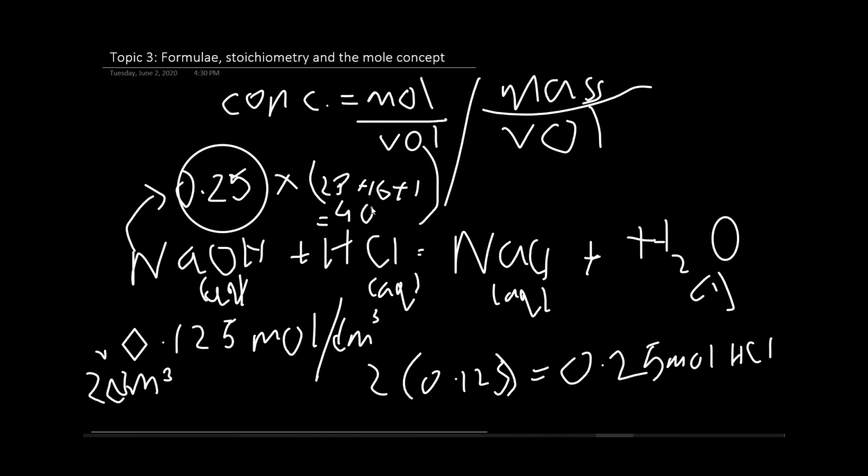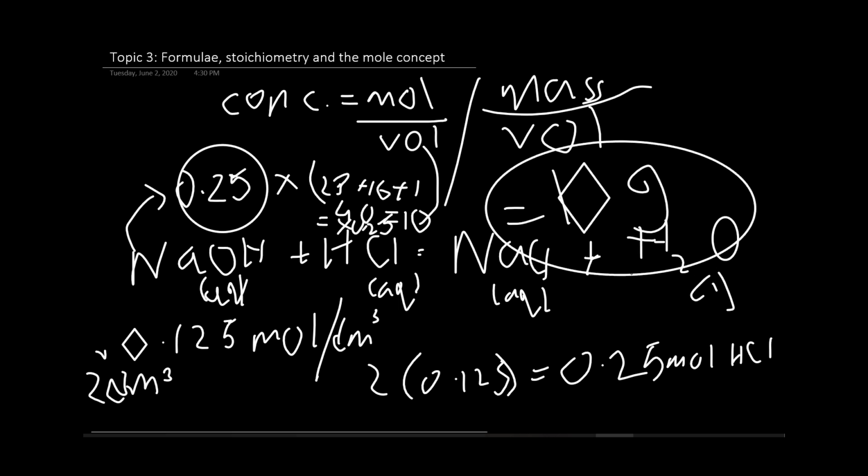So 0.25 multiplied by 40 is basically 10. 40 times 0.25, it's 10. So your answer is 10 grams of sodium hydroxide is needed to react with 2 dm cube of 0.125 mole per dm cube hydrochloric acid,